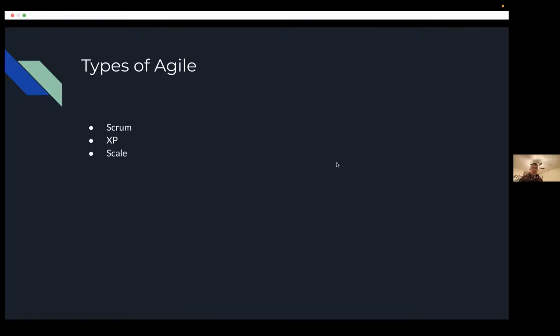So next, there's several different types of Agile. Most people use a hybrid of different types of Agile. Most popular, you've probably heard of, is Scrum. There's also XP, or extreme programming, and something I've noticed that's been gaining popularity is Scale. Scale is used for large enterprises. Usually Agile is 1 or 2 teams. Scale is when you have 50 or 60 members working together, or a whole company, an enterprise Fortune 500 company, and they're all in a massive Agile organization.